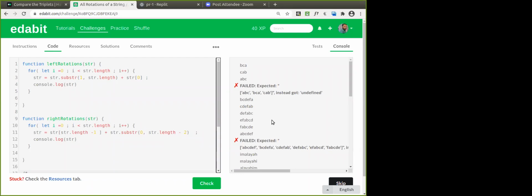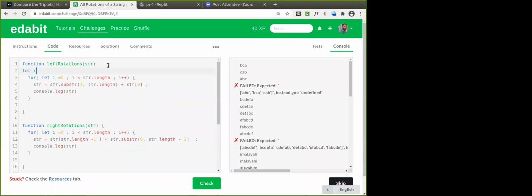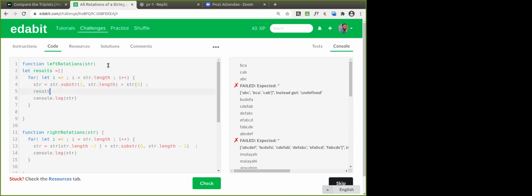Any queries in this? We have to return the array. You can take a resultant array and push it. results equals, okay, then you are going to have results.push.